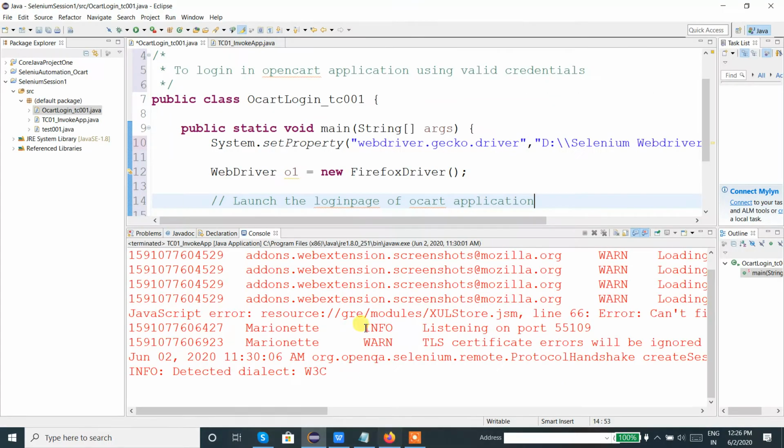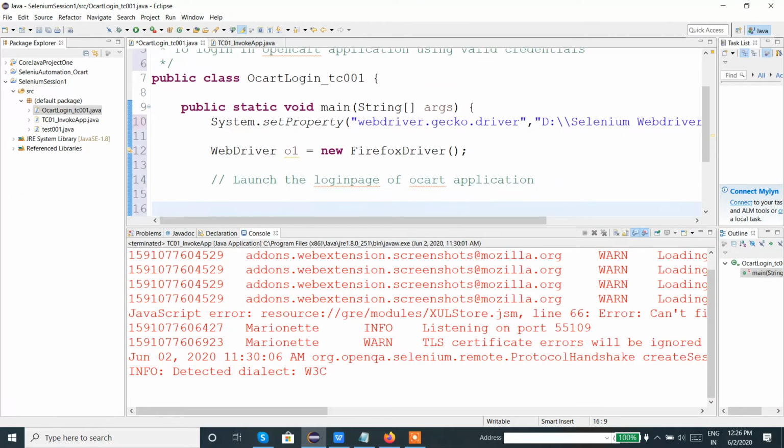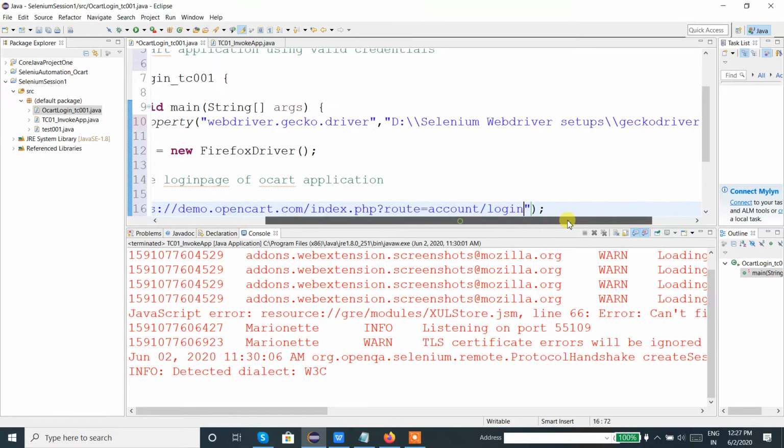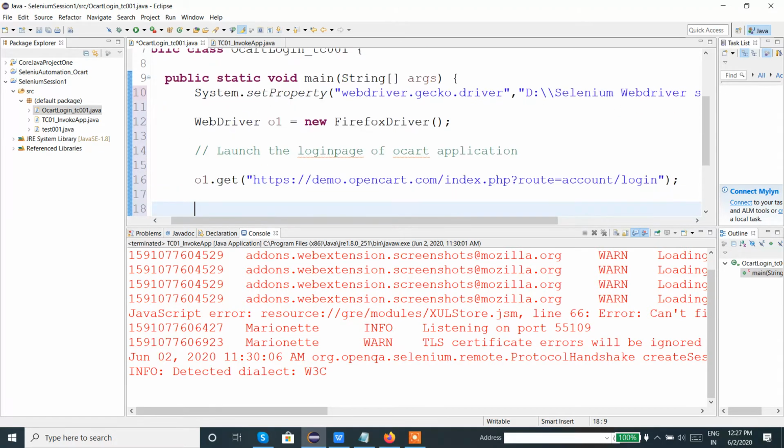So o1 is the object dot get, and in this I should give the URL for the login page.